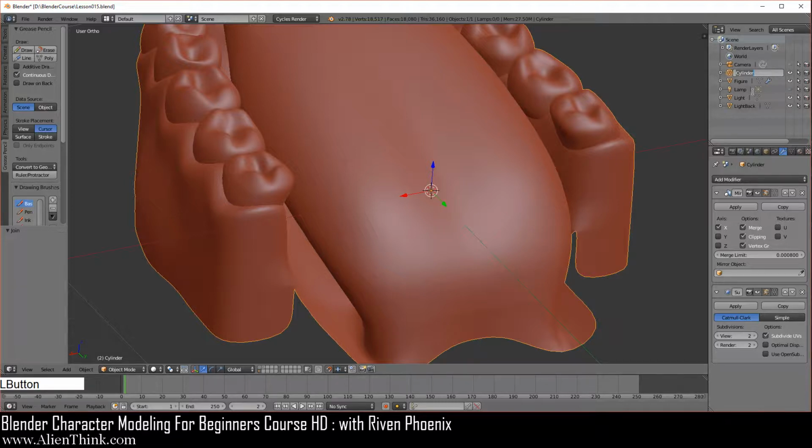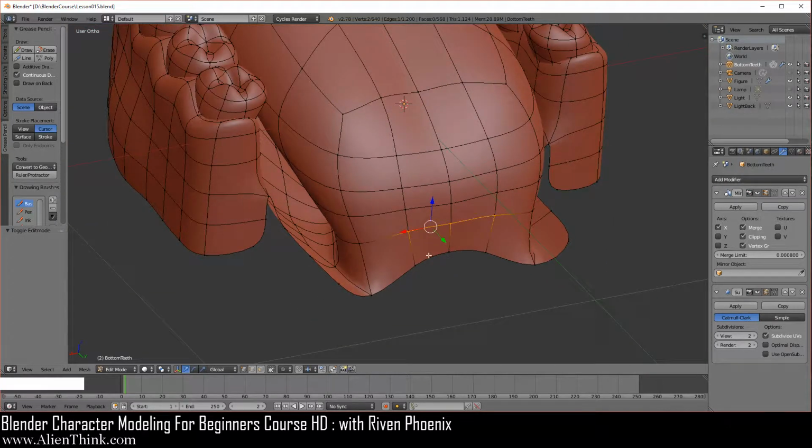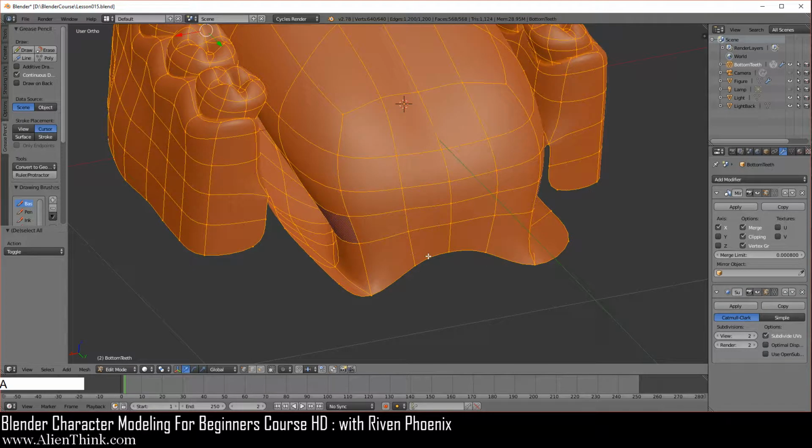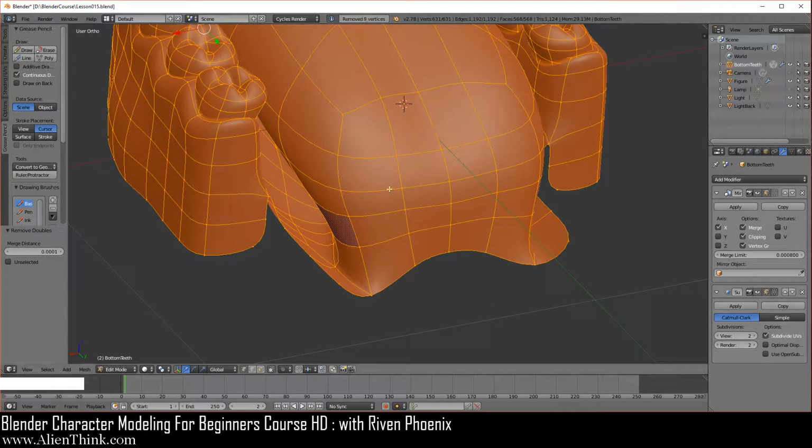Okay, so we're going to double click this and call it bottom teeth and enter. Now we're going to do tab. Now as I said, if I click this off and right click this, see how this is not joined? I'm going to right click to cancel this. Make sure I'm on vertex select mode over here. So we're going to do A to select everything. Now we're going to do W, and now we're going to do remove doubles. So over here it says 9 vertices removed.